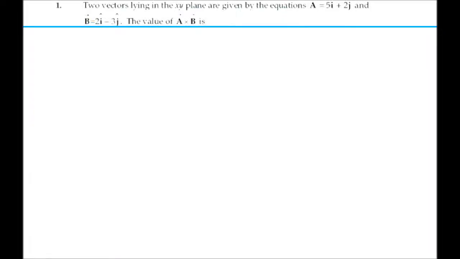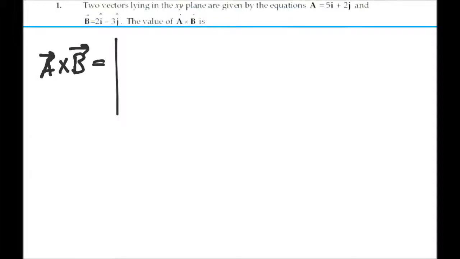Here's an alternate way of doing problem number 1. Two vectors lying in the xy plane are given by the equations a equals 5i plus 2j and b equals 2i minus 3j. The value of a cross b is, if we use a cross b equal to the determinant,